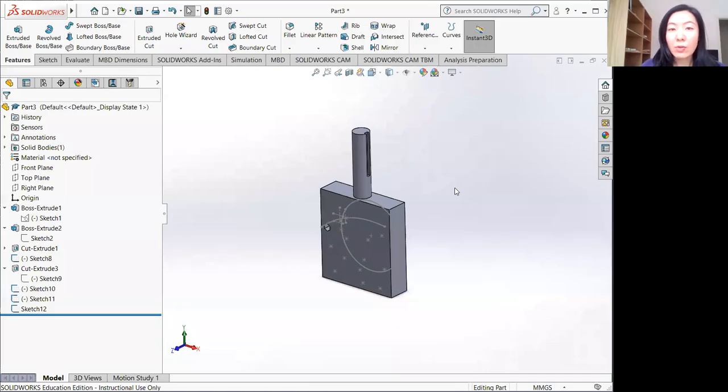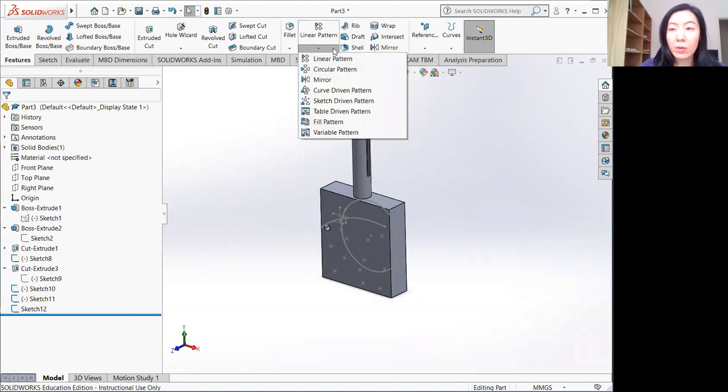We learned how to use a linear pattern, but this week we're going to try other pattern options, like a lot of those here. So first I'm going to try circular pattern,